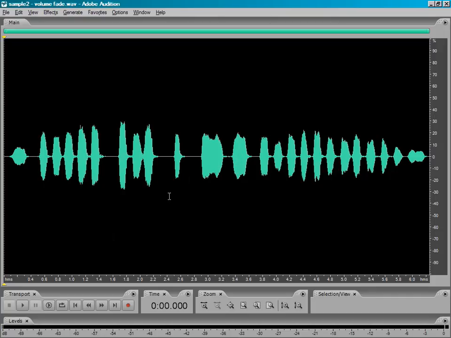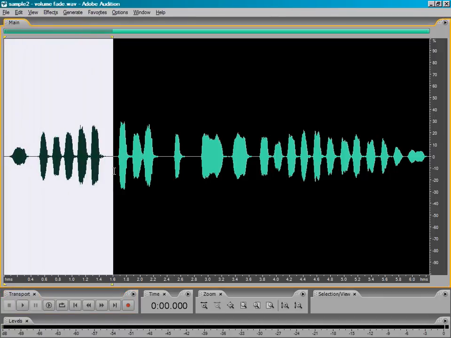Let's hear what it sounds like normally first. You get bonus points if you recognize what that tune is from. Okay, so let's fade in the first section. First, highlight it in the editor here. Then go to Effects,